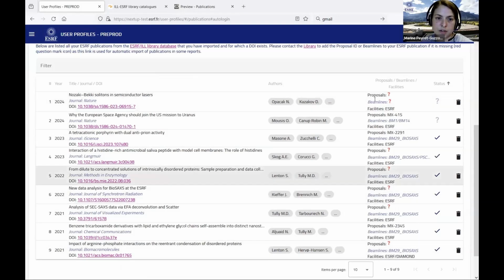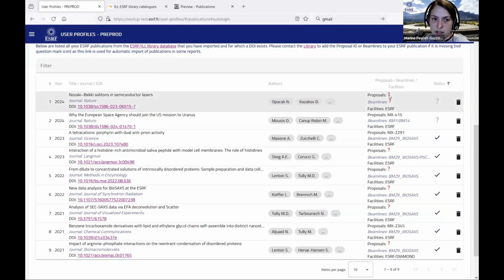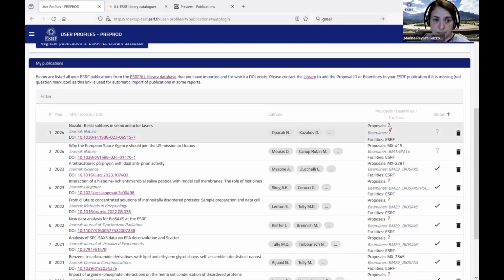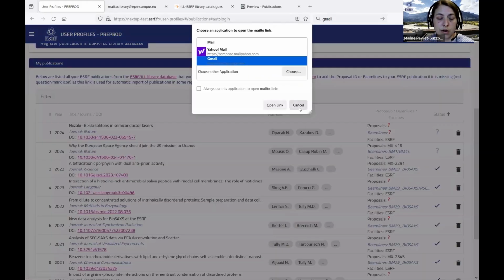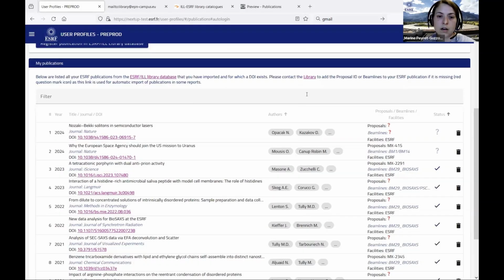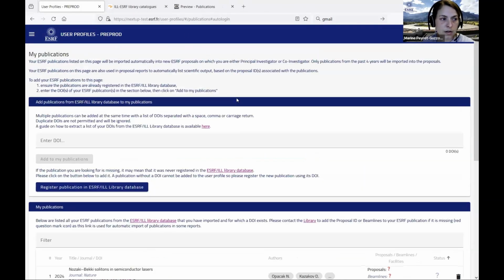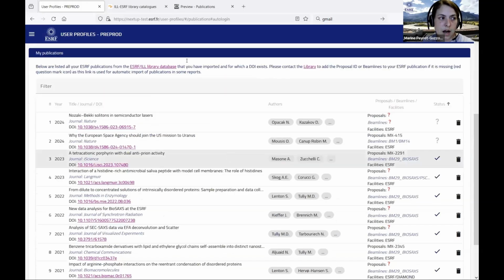In here, you will also see the information that has been registered in the ESRF ILL library database. For example, you will see a red question mark here when information is missing. In such a case, please contact the library using the mailto in the help text to provide the missing information. Again, for some reporting, this will be used to pre-fill your report. So this added publication will be filtered